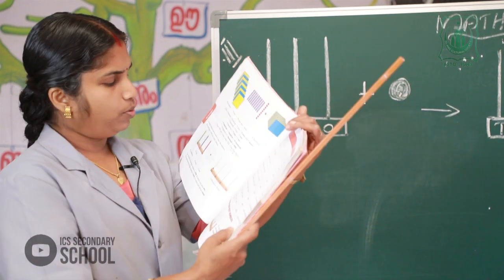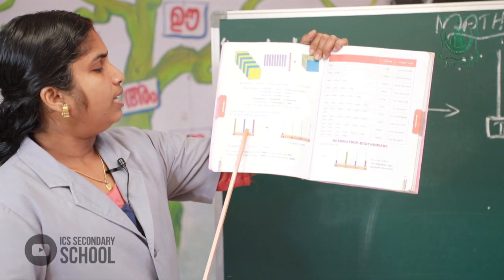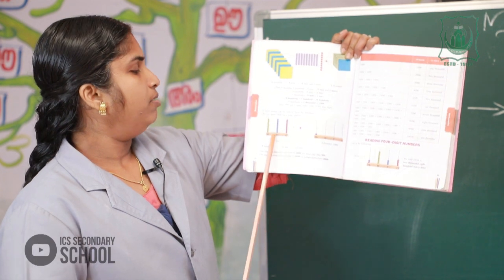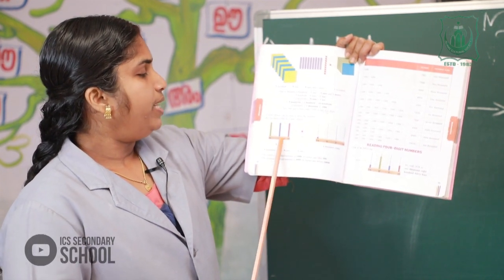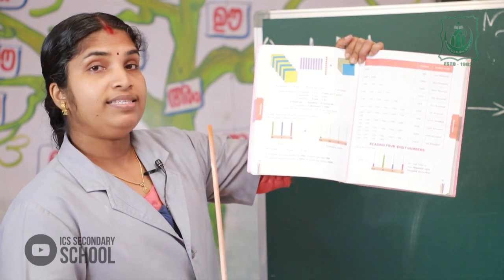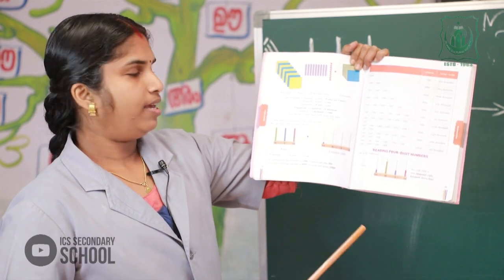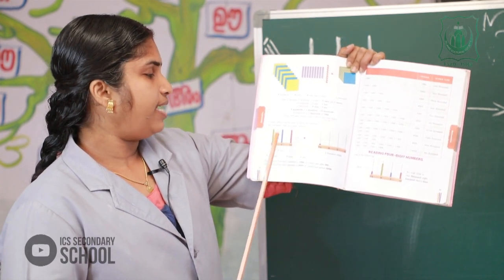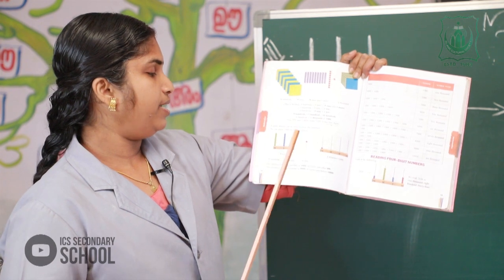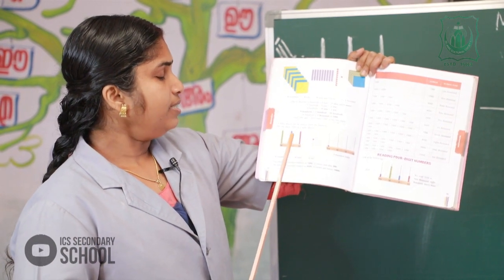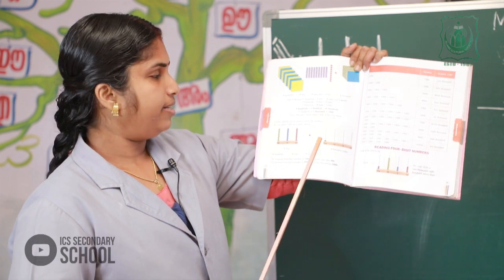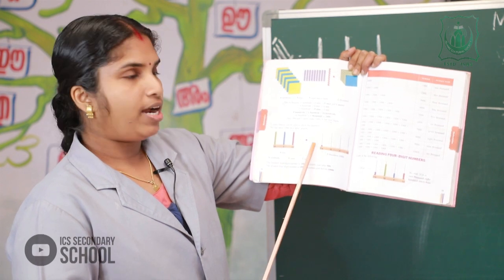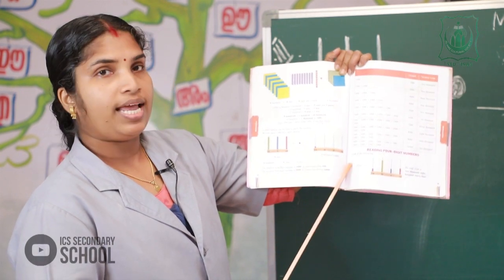Here in our textbook, we can see 3 color beads filled in the spikes. In the 1's place, red beads are filled. In the 10 place, blue beads are filled. In the 100 place, green beads are filled. How many beads are there? 9 beads in 1 place, 9 beads in 10 place, 9 beads in 100 place. Okay, 9 ones, 9 tens and 9 hundreds. Plus 1 bead, again plus 1 bead, we get 1000.